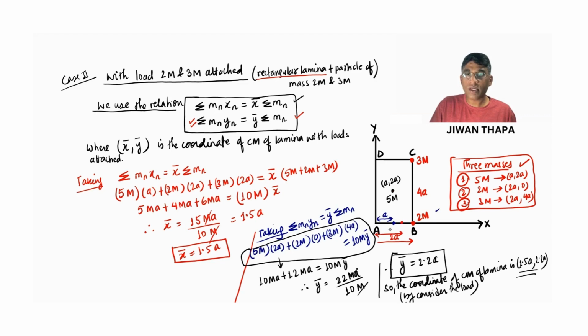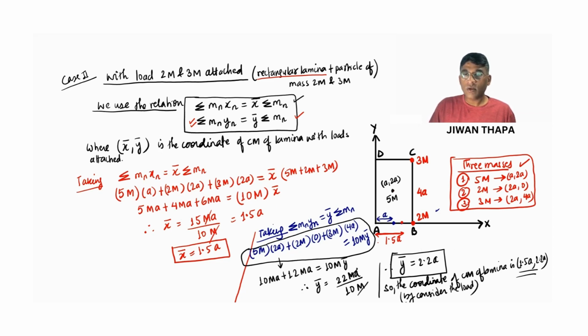I'm taking it roughly. This is 1.5A, and so this is the x coordinate of center of mass. Clear? So we need to find this,